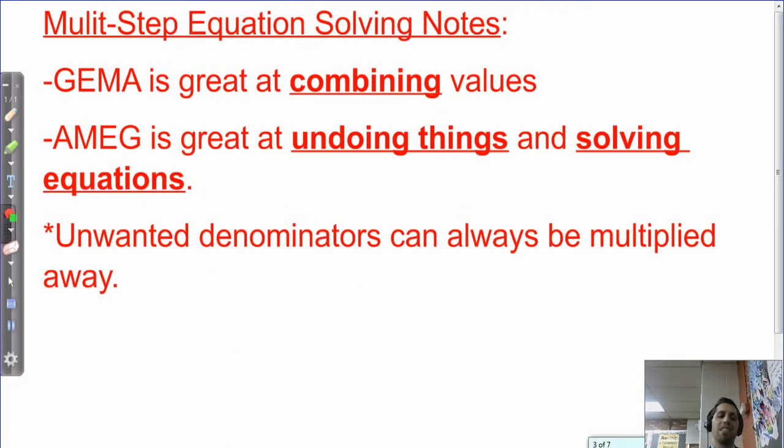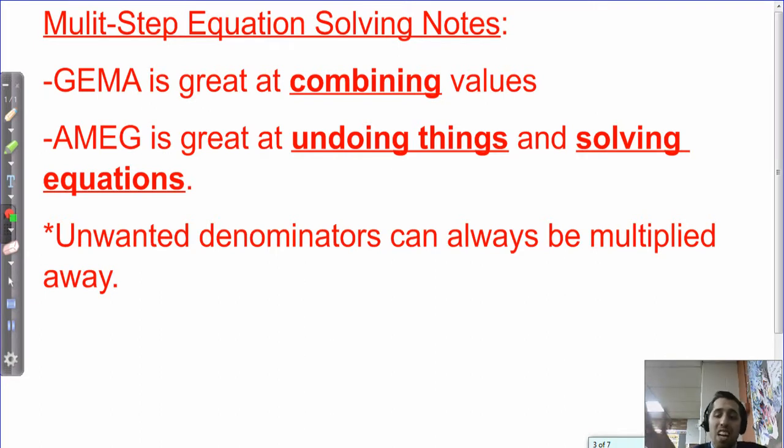But for now, just take these notes for me. Multi-step equation solving notes. PEMDAS is great at combining values. She's great at simplifying expressions, putting things together. But reverse PEMDAS is going to be wonderful at solving equations because we're undoing what's been done,